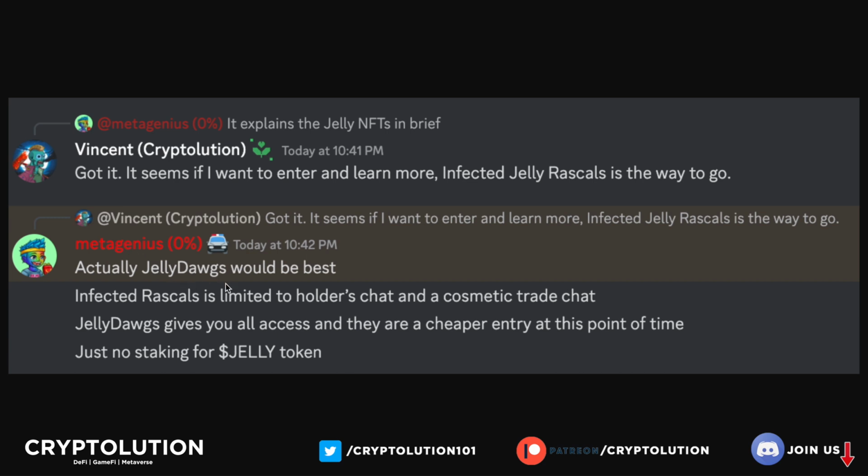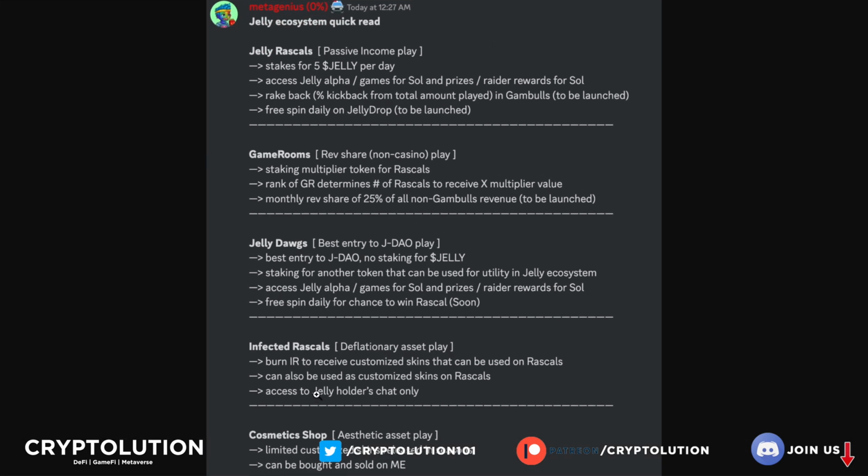Infected Rascals is limited to holders chat and a cosmetic trade chat. Jelly Dogs gives you all the access, and they are cheaper entry at the point of time. Just no staking for Jelly token. So if we look at those benefits, yes, absolutely, Infected Rascals does not have the same benefits. It just has those similar benefits in the cosmetic shop, and so forth. So Jelly Dogs or Jelly Rascals would probably be the best bet